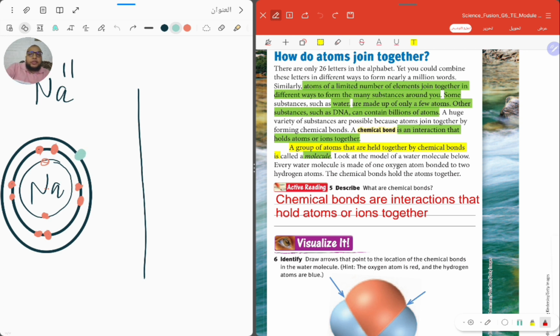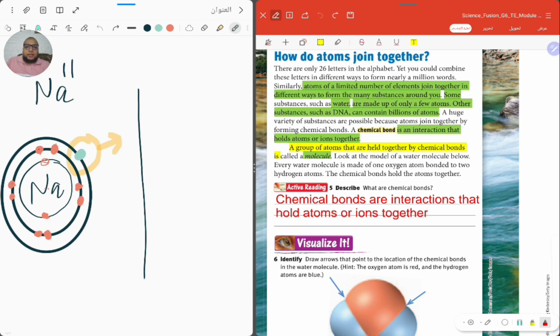If you think with me, for sodium to be stable, it must fill the last energy level. It must fill what? The last energy level. So to be stable, it has 2 ways. The first one is to lose the first electron, or the second one is to gain 7